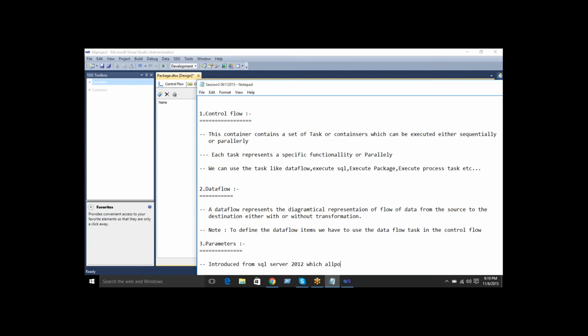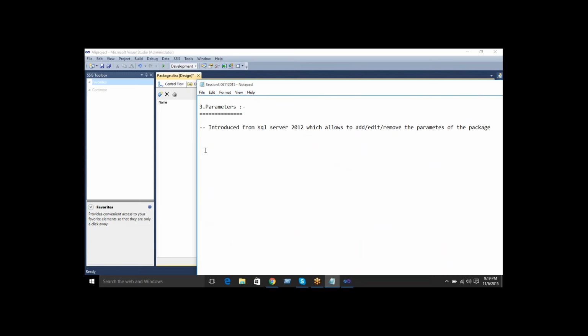This is one of the new features. Introduced from SQL Server 2012, it allows you to add parameters to the package, edit the parameters of the package, and remove the parameters of the package. We'll discuss this later.